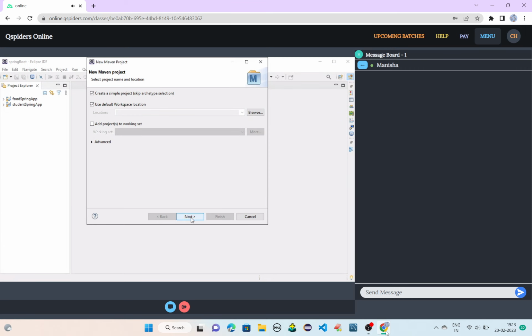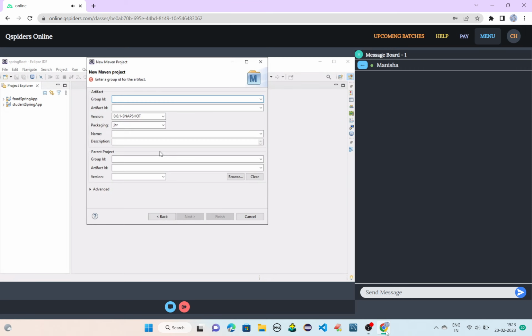Okay, so I'll give com.jdbc and I'll give the project name as sampleJDBC and I'll just finish and add the dependency. We need to add one dependency, right?